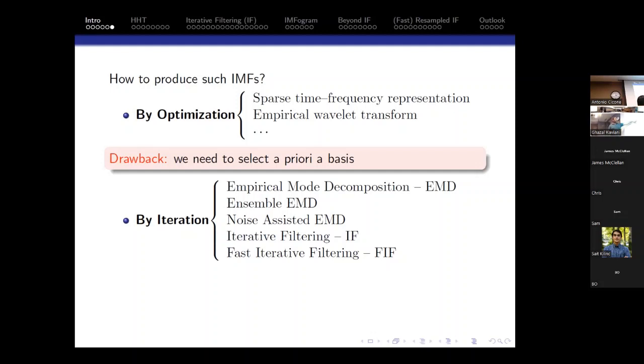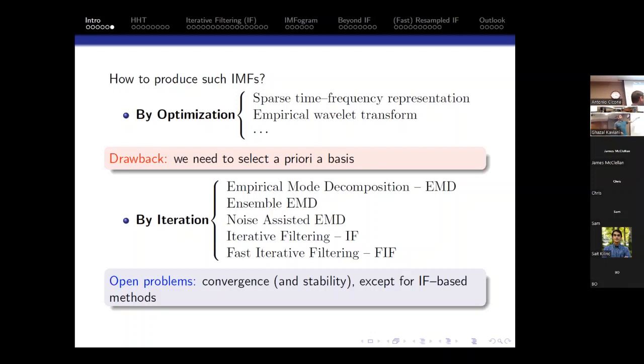So what we're going to do now is review what empirical mode decomposition is all about, for those of you that do not know it, and then we will go into iterative filtering. What we want to know is that these techniques do not require an a priori choice of a basis. The problem with empirical mode decomposition is that its convergence is not known. We are going to review this concept. And stability is a problem, but that part has been fixed with subsequent methods. And for iterative filtering it is a completely different story. We have convergence and stability, as you will see.